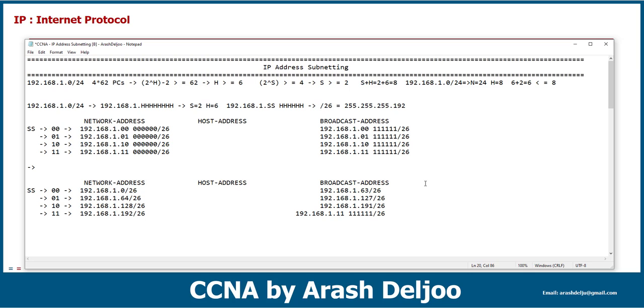And for the last network, the broadcast address is 192.168.1.255. And you know that the host addresses are the addresses between these two values. For example, in the first network, the host addresses include 192.168.1.1, 192.168.1.2